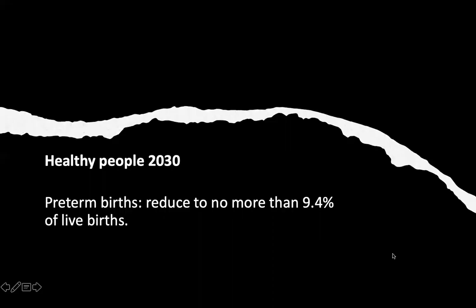Prevention in the United States. That's basically data-driven national objectives in the United States. And there's over 350 different areas that they've set goals for us in the US. And one of those objectives was to lower preterm births to no more than 9.4% of live births in this